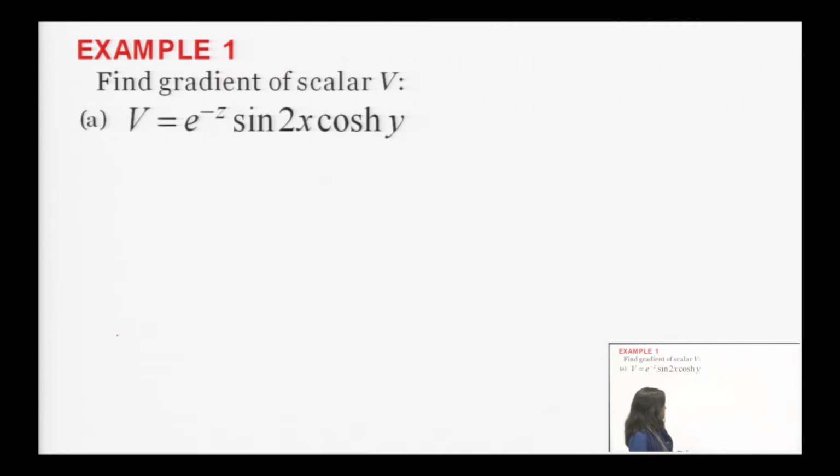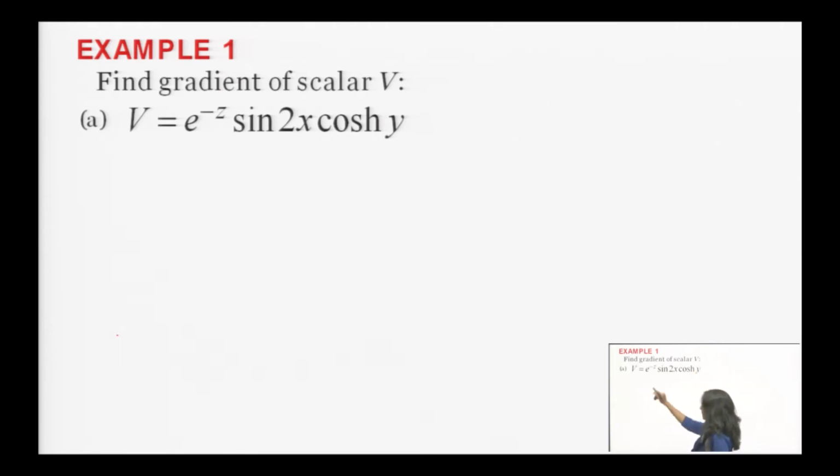So let us start with gradient. Here one scalar quantity is given. Always remember that gradient can be found only for a scalar quantity. Gradient of any vector quantity makes no sense. So the scalar field V is given as e to the power minus z sin 2x cos hy, and